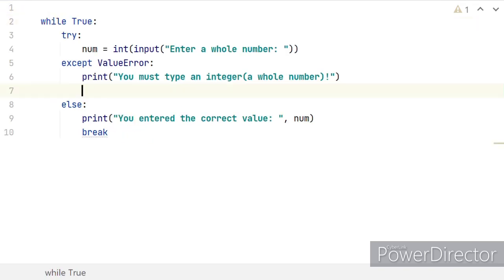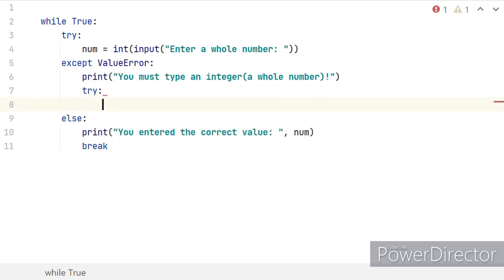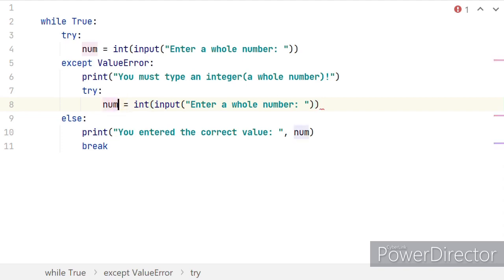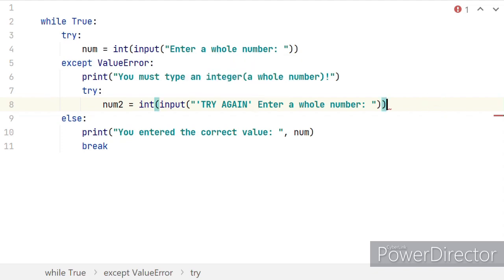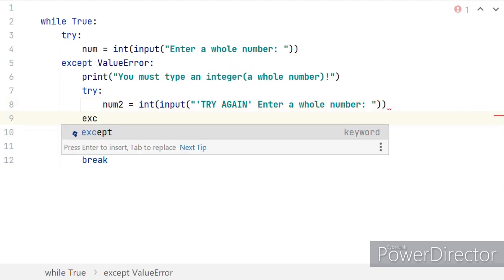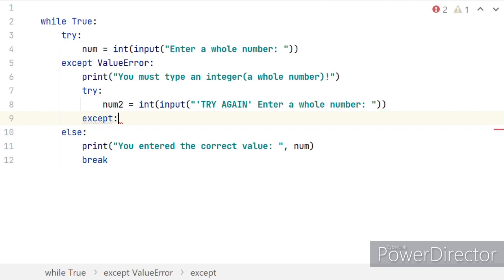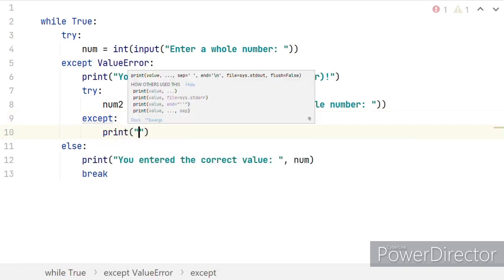Now we will give the user a second chance. So after this we will say try, then we will ask them to enter a number again. This is how I would like to say it. You can say something else if you would like. Then after this we will say except because there's still a chance of the user entering an invalid value again. So this time I will just use an except statement without an exception because no matter what error they make, we will just print a common message saying